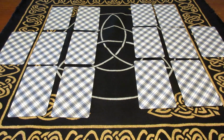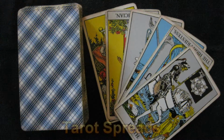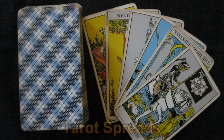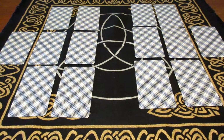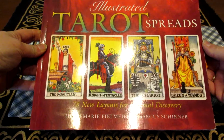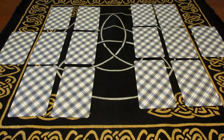This week we're looking at removing the obstacle. This tarot spread video, Removing the Obstacle, can be found in this book, Illustrated Tarot Spreads by Filner and Schreiner. It is found on page 25,